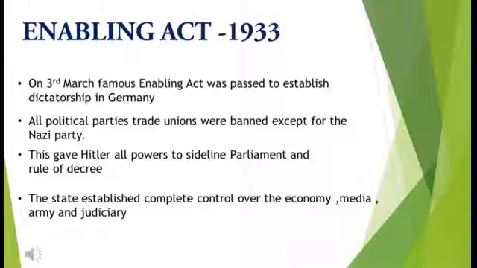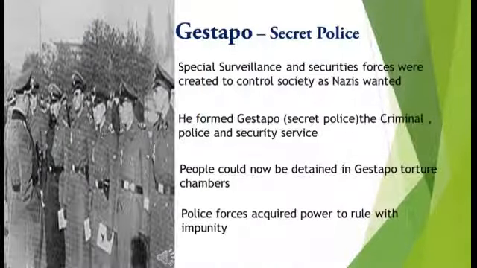And this was possible because there was a fire decree in the German parliament in which the complete civic rights were suspended. This is how Hitler was able to establish dictatorship over Germany. Later on, a special surveillance and security force were created to control and order society in ways that the Nazis